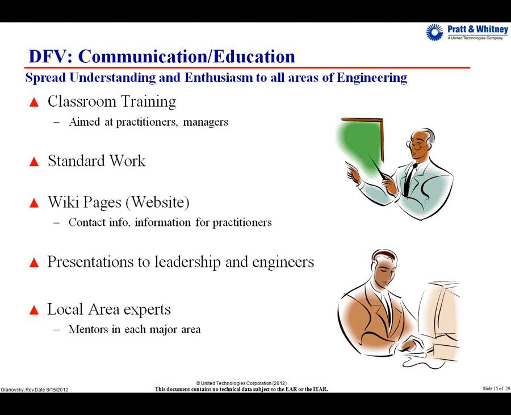We turned around and wrote standard work based on the classroom training so that what we know and what we learned should subsist through all successive generations of engineers. And we also took advantage of our company's wiki. Like the Wikipedia you're all familiar with, our own internal wiki let us very rapidly create and post information for people to use and edit if they so chose. We used it to post contact information, updates on the software because we're always upgrading it, and updates on projects happening in each of the different areas of engineering so that anyone interested can come in and learn what's already being done, particularly in their area if they're looking for someone to talk to.